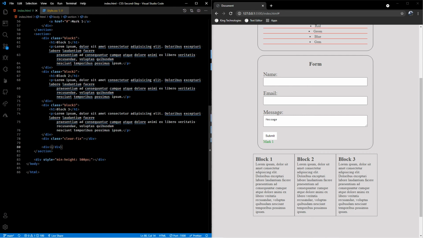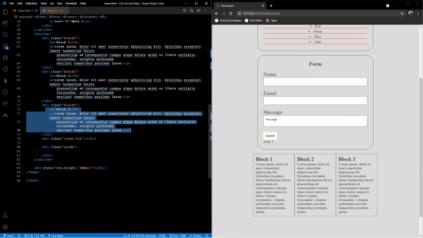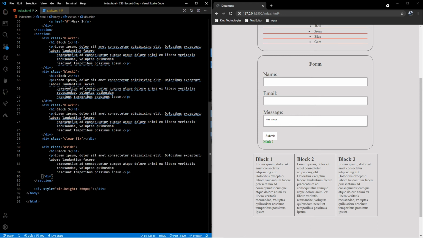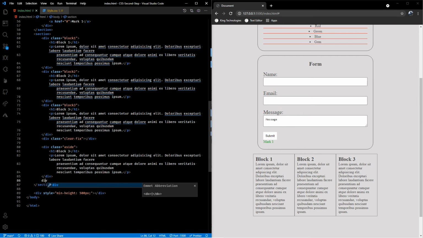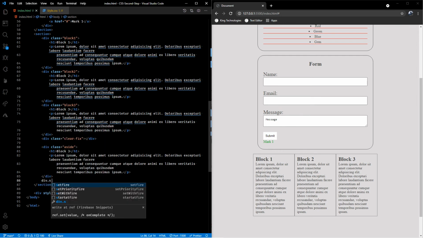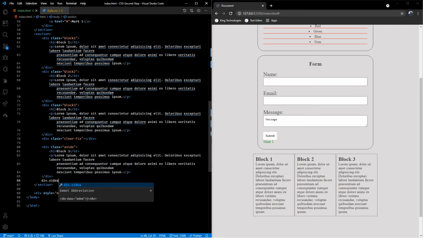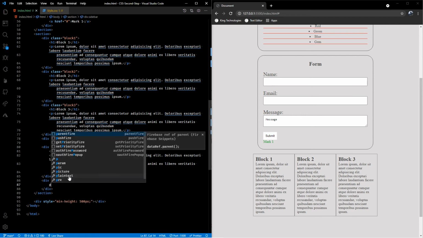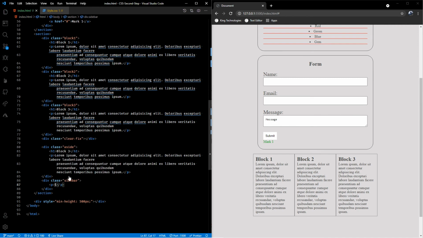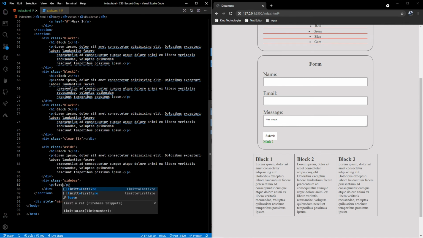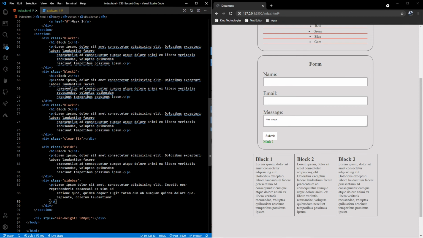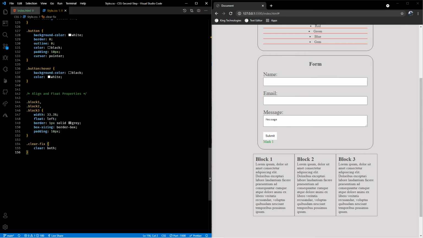use 2 divs, let's create a side, and let's use the same, and one more, that is div dot sidebar, and here let's just give the p tag with lorem. Yeah, that's it. So aside and sidebar, dot aside,